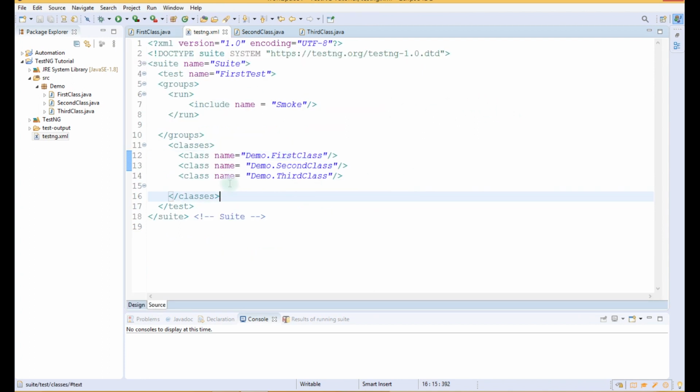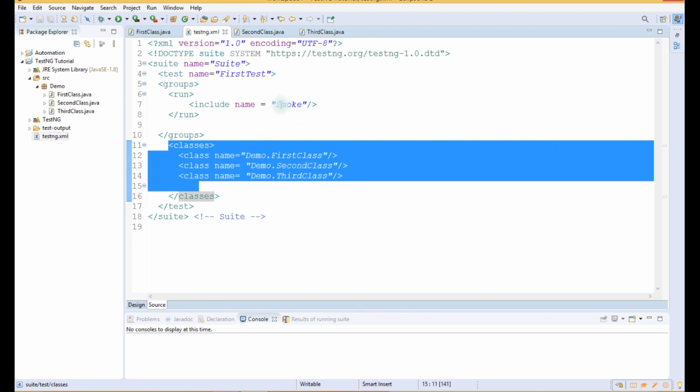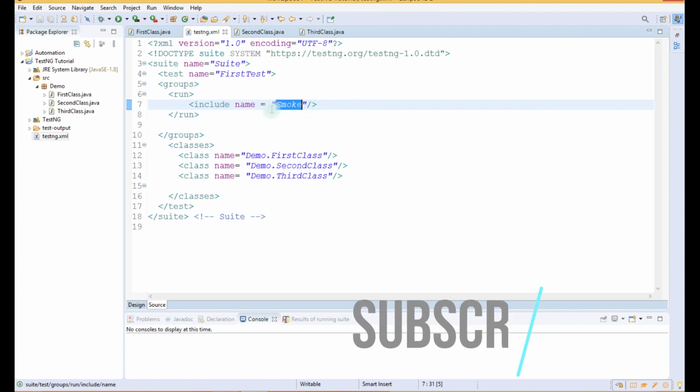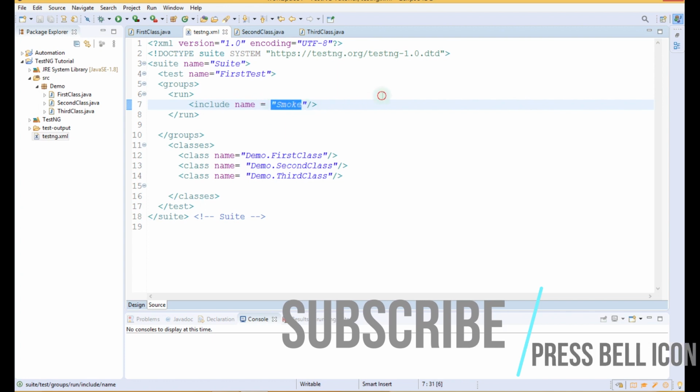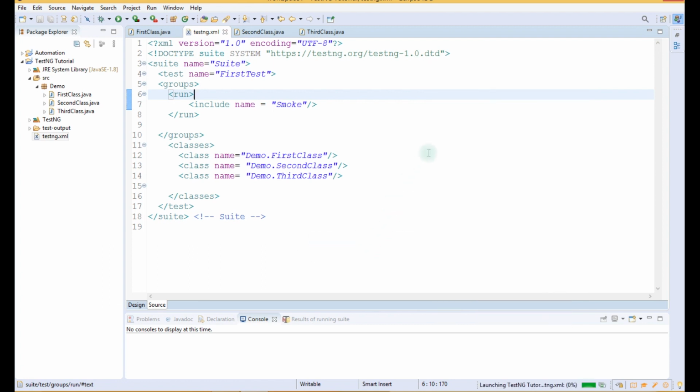Now before this execution of these classes, what it will check? It will check that the smoke group is present in the classes or not. So if the smoke group is present, then it will execute only those test cases which are present in this smoke group. So let us run our testng.xml file and check what is the output.